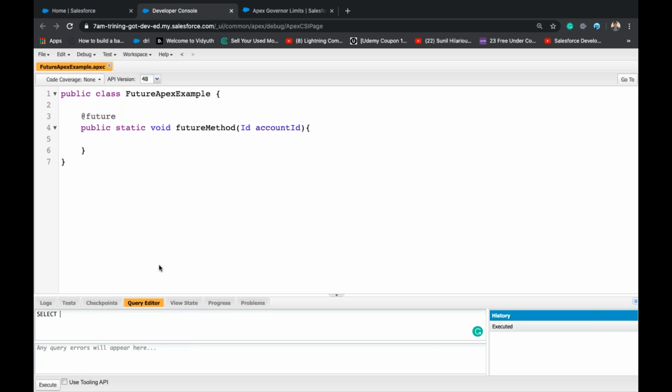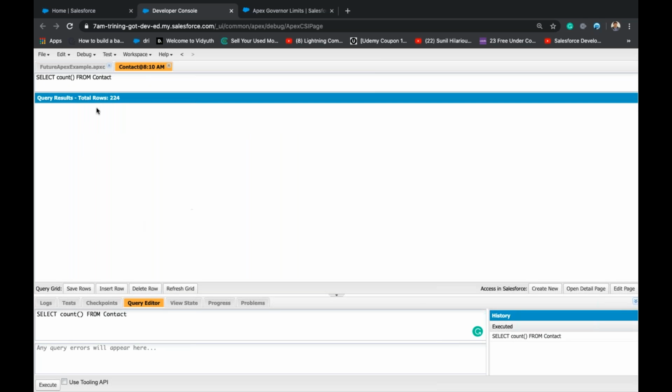Let's say select count from Contact. It will give me the number of contacts in my org. So total number of contacts is 224.